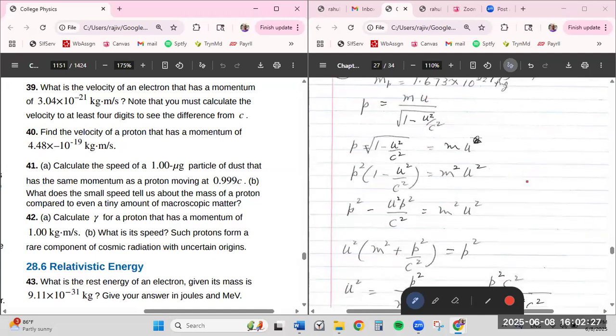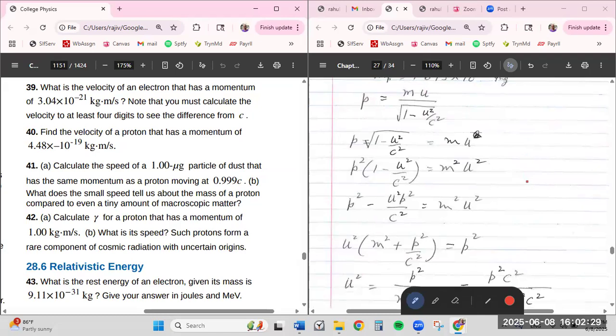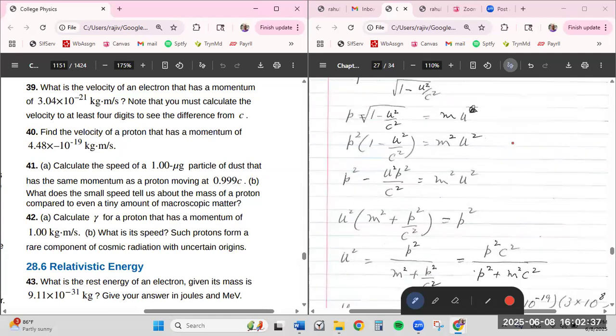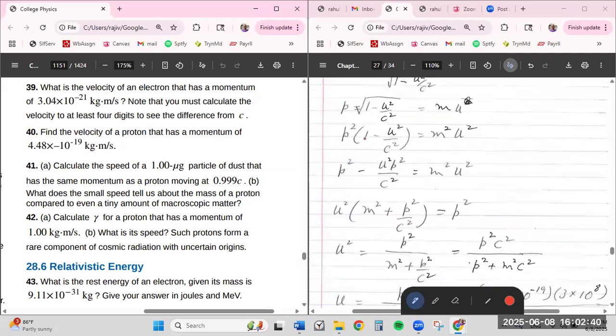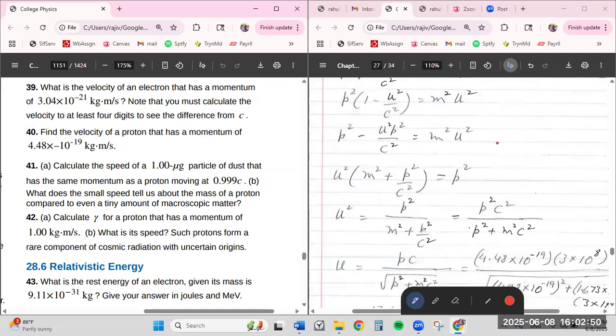So it takes a bit of math. You can start by multiplying both sides by the square root of 1 minus u squared over c squared, and then square both sides of the equation, which gives you p squared, and then the square root disappears, and on the right you have m squared u squared. And then you distribute the p squared, so p squared minus u squared p squared over c squared equals m